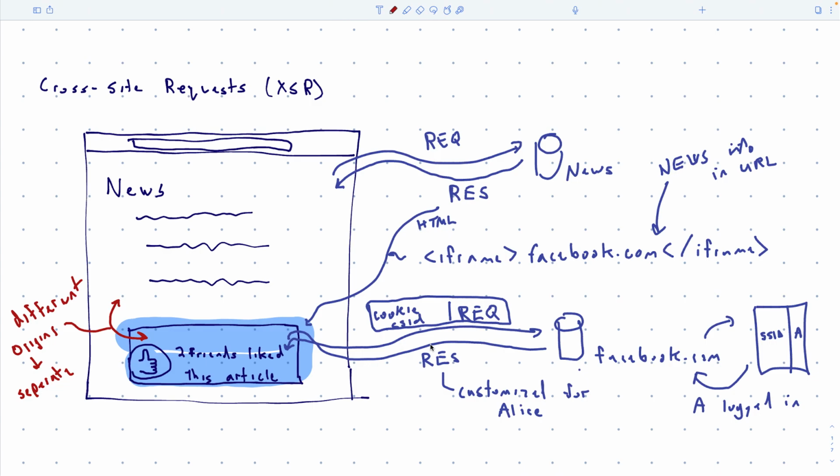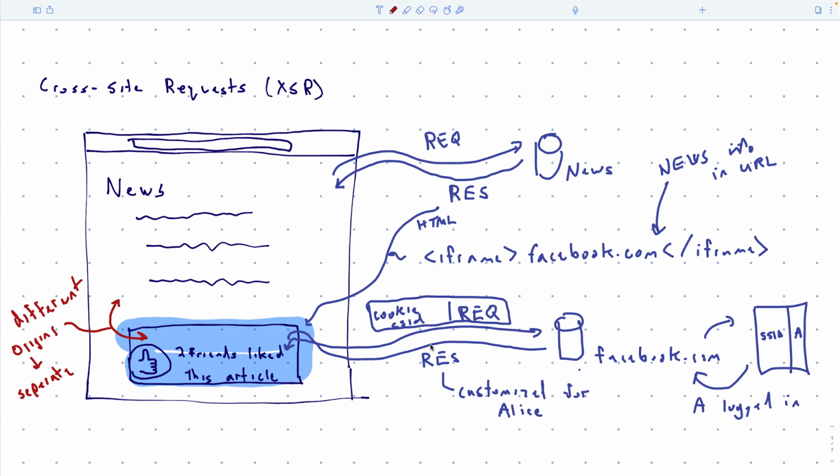Okay. Now, this could be problematic. This might strike you as being pretty powerful. For example, the news organization, even though they can't read what's in the box, they are still able to somehow get my Facebook information pulled into their website. And so it seems like maybe they could do something malicious with it, or is the same origin so strong that you can never break through and you can never do anything malicious with it, okay?